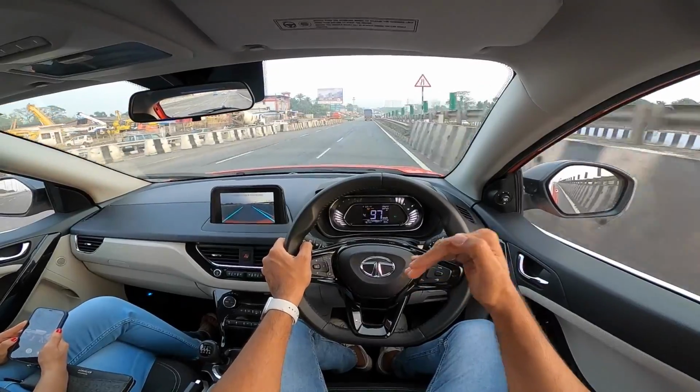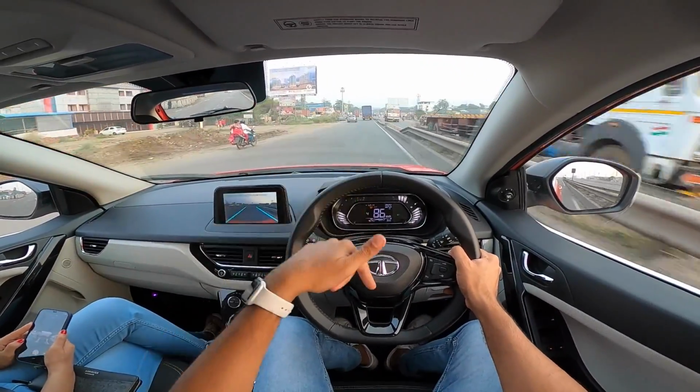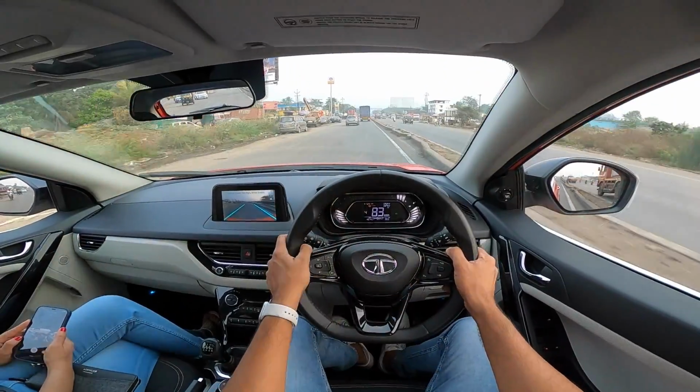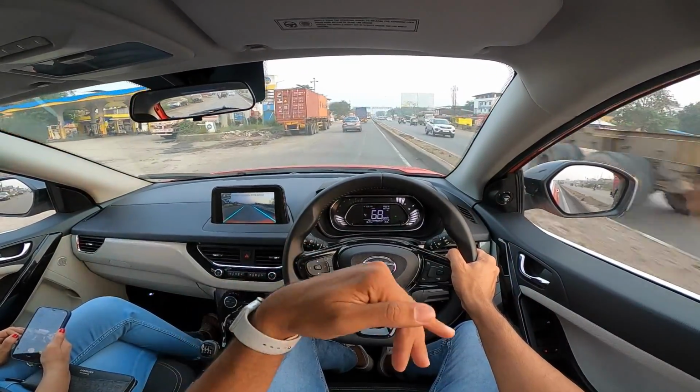It offers a good amount of punch. Fuel efficiency is also great, and most importantly, the premium you pay for the diesel is definitely worth it. Not for the fuel efficiency alone, but for the performance as well. And these drive modes work really well in this car,